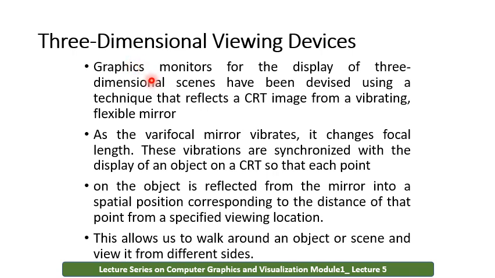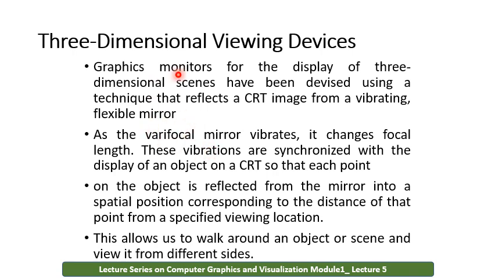The vibrations are synchronized with the display of the object on the CRT, so that each object is reflected from the mirror into a position corresponding to the distance of a focal length, and that focal length will be related to the specified view of the